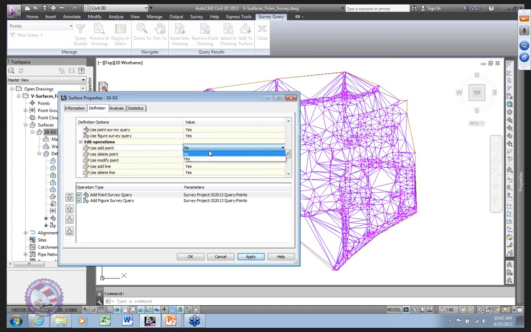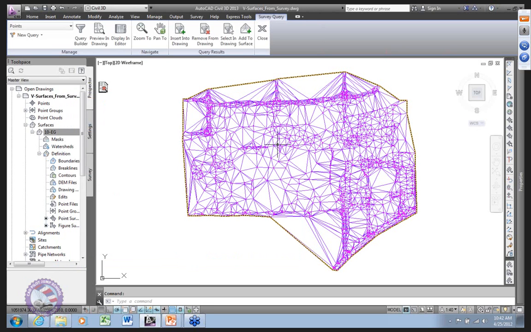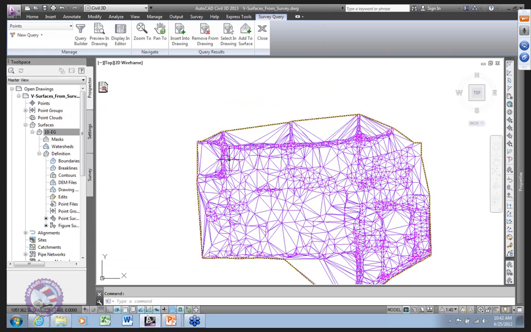All right, so some amount of paying attention to the build properties for your surface is usually a pretty good idea. So we certainly got a surface that will generate contours, not too pretty, but you know,